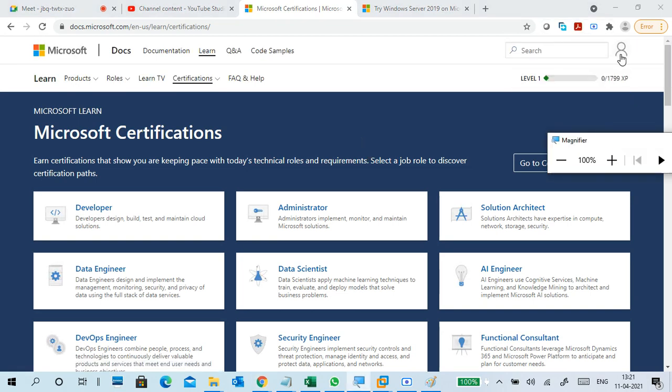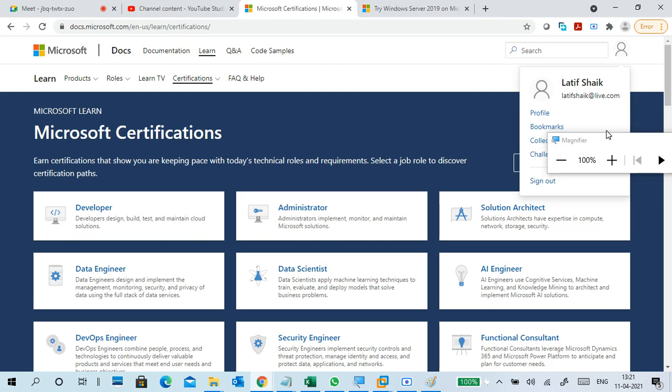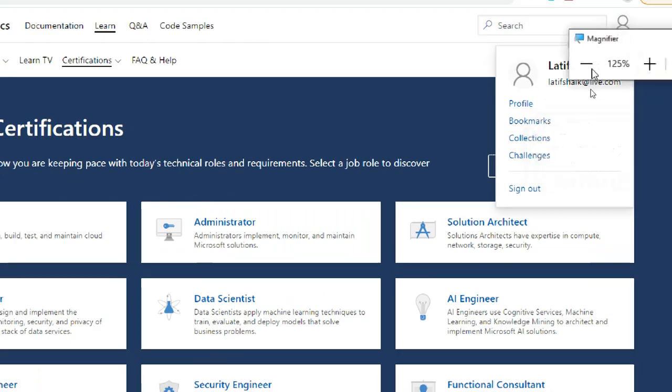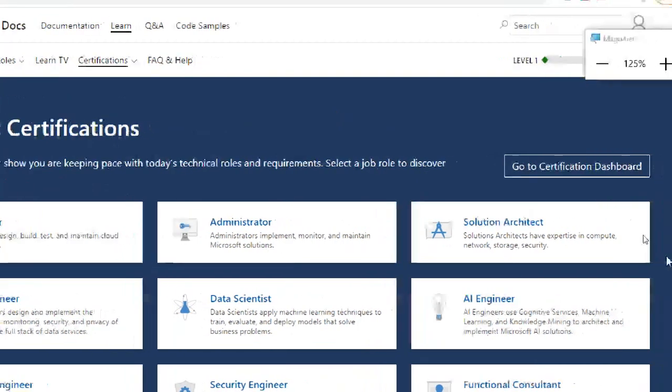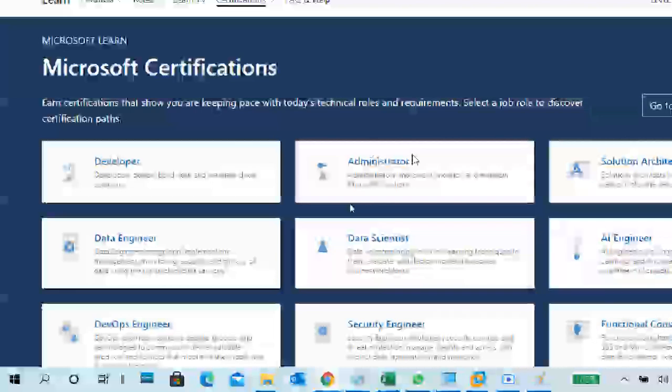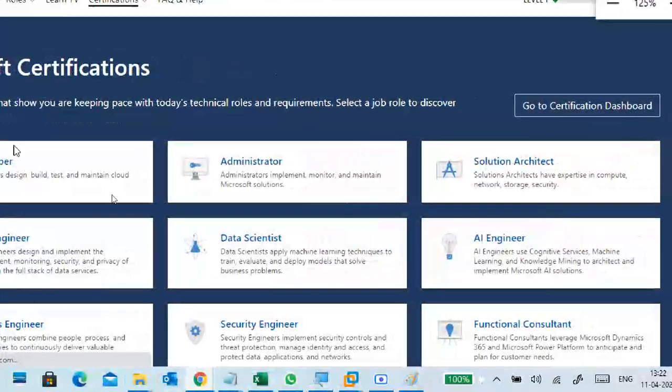You have to log in. I'm already logged in. So certifications, the dashboard is given like this. Okay, go to the dashboard.